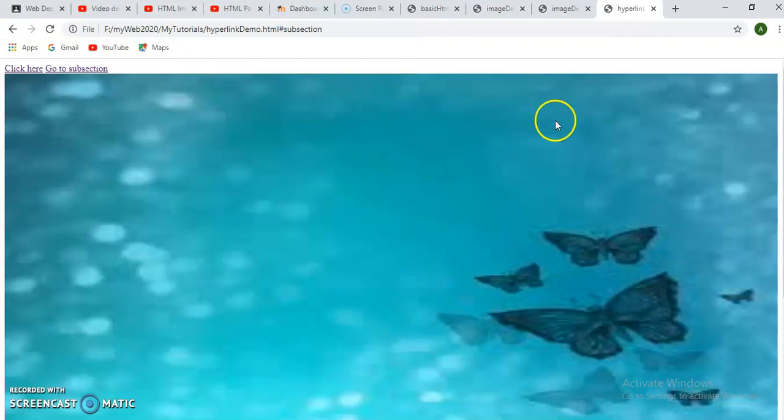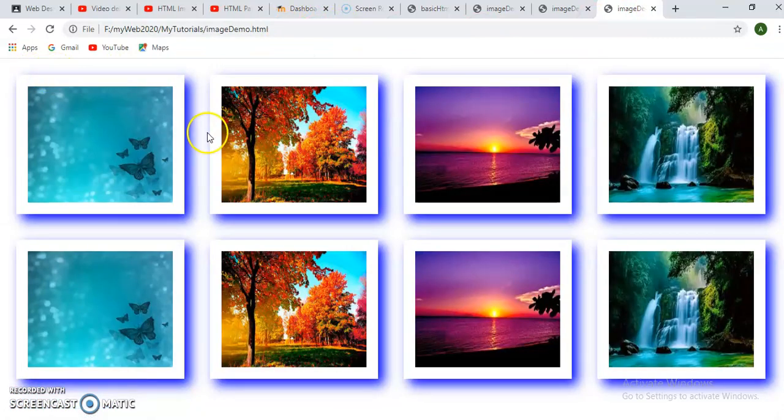Now here, as we see, the new page is displayed on the same tab. This is my hyperlink tab, and if I click, the new page will be displayed in the same tab.